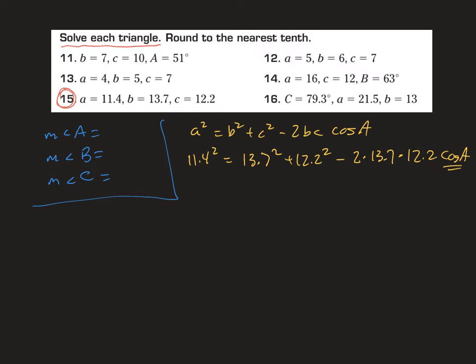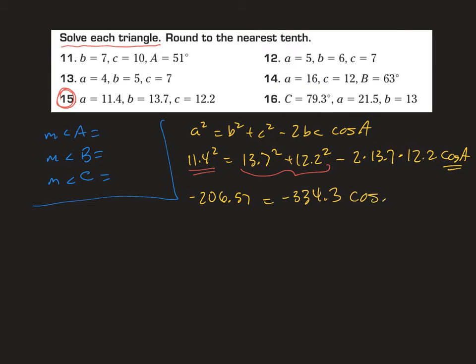So I'm going to do a little bit of calculating on my calculator here. I'll do 11.4 squared, and subtract the sum of 13.7 squared plus 12.2 squared. And when I do that, I get negative 206.57. Oops, I wanted to do that in yellow. Sorry about that. And that's going to equal negative 2 times 13.7 times 12.2, which is negative